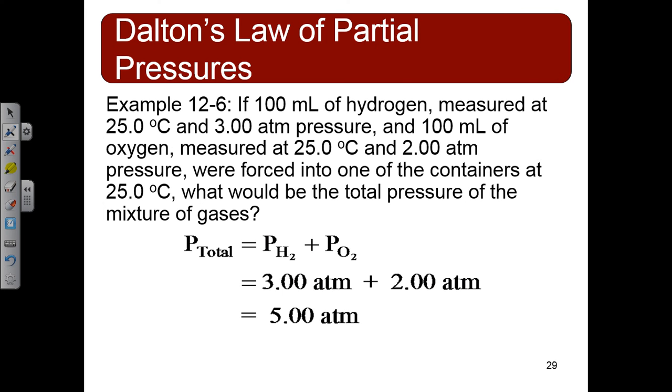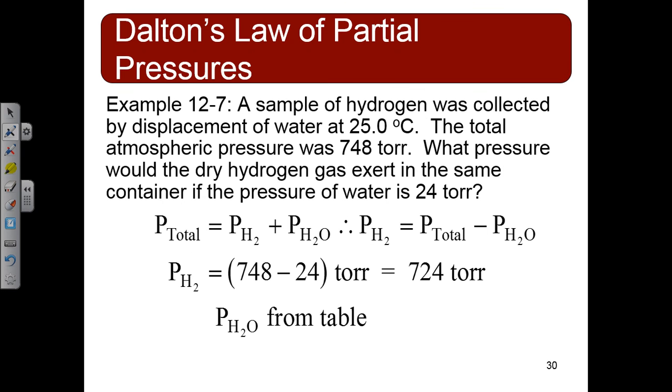You did this by volume displacement, right? When you set it up, the water was displaced out of the flask by the hydrogen that was being evolved. This is almost identical to what you did. We have a sample of hydrogen that was collected. You all collected hydrogen by displacing the water, which went out of the flask and into the beaker. The total atmospheric pressure, that's your P total, which I gave you, was 748.